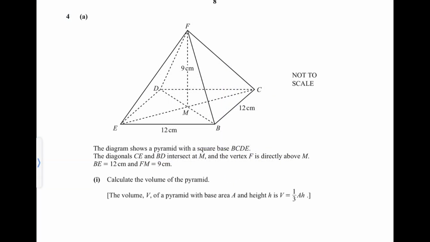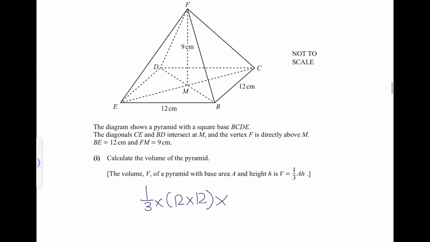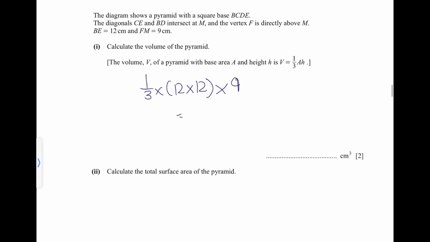Now we're going to check out question number 4. The diagram shows a pyramid with a square base BCDE. The diagonals CE and BD intersect at M. The vertex F is directly above M. The lengths are given. Calculate the volume. The equation is also given: 1 by 3 into the base area, which is 12 into 12 since it's a square, into the height, which is 9 centimeters. So that's 1 by 3 into 12 into 12 into 9, which is 432